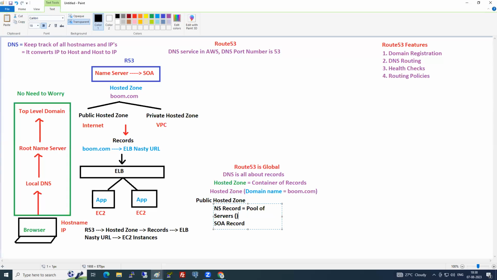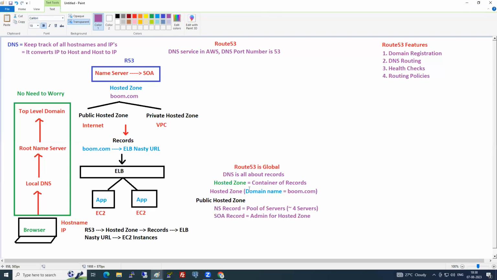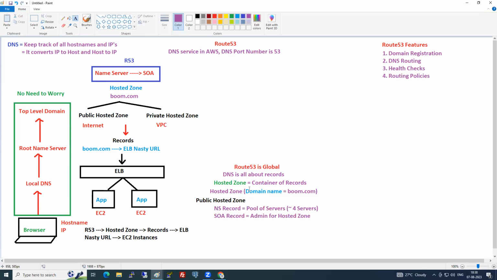Who will be identifying the domain? Approximately it gives 4 servers. How many servers? 4 servers. Who will give? AWS will give. And the SOA record, what does it do? It is an admin for the hosted zone.